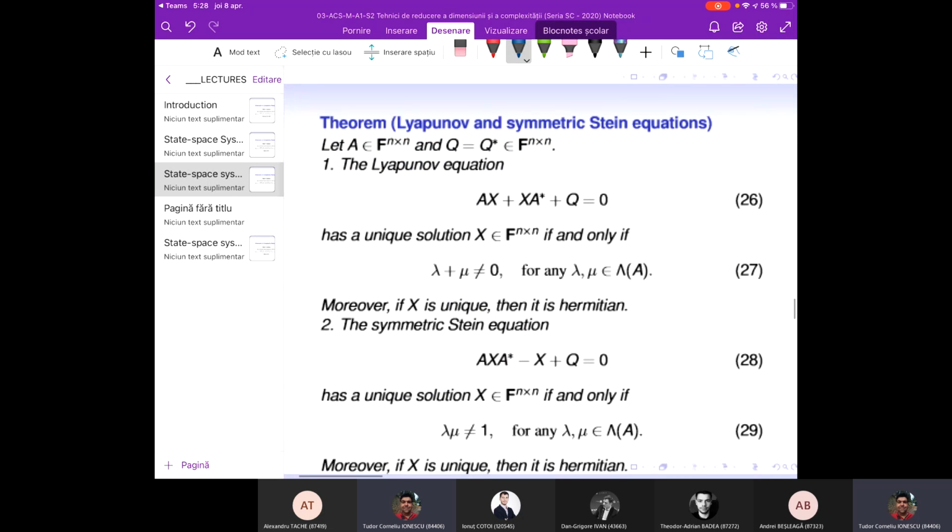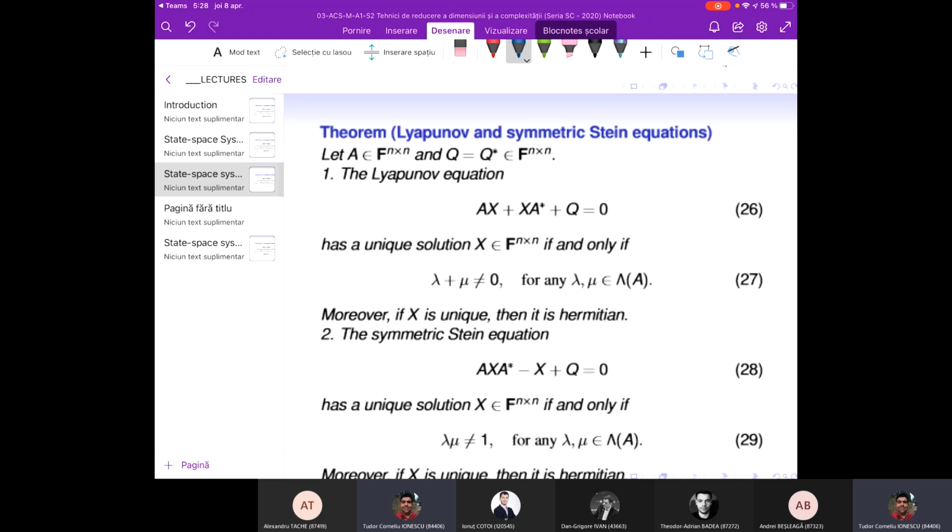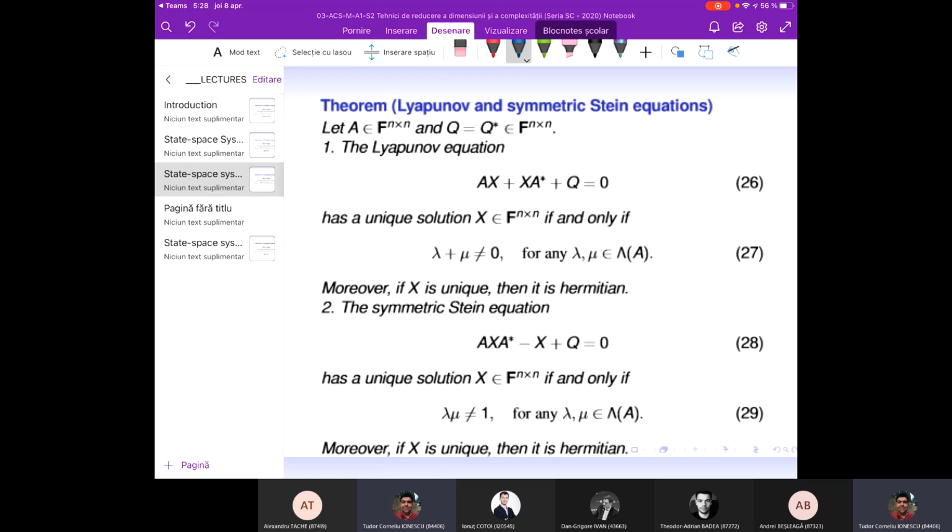Whatever, but we get a new theorem here, where we say when these equations, the Lyapunov and the discrete Lyapunov equation, have a solution. So consider a square matrix A, and the matrix Q, Hermitian and square. The Lyapunov equation AX plus XA Hermitian plus Q equals 0 has a unique solution